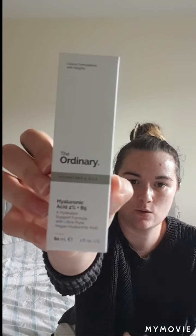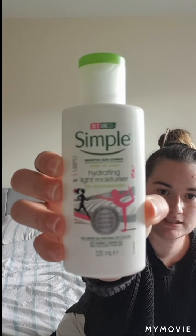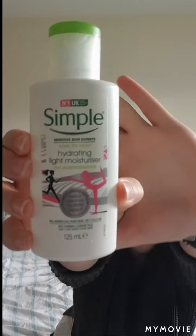And then I will go in with a hyaluronic acid, because my skin is quite dehydrated. I'm still using the little bottle of that at the moment, but nearly finished that, so that's why I've repurchased. And then I'll go in with a moisturiser. For the day, I quite like this. It's just the simple